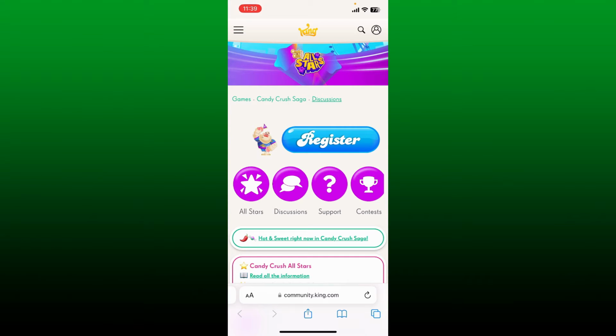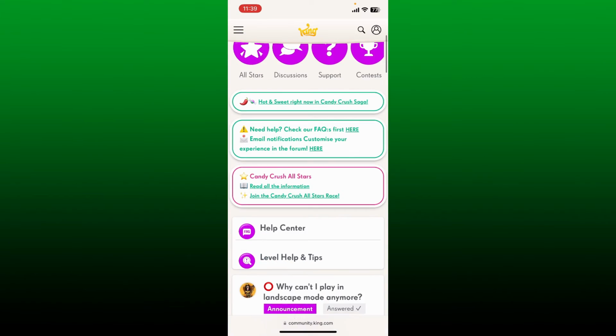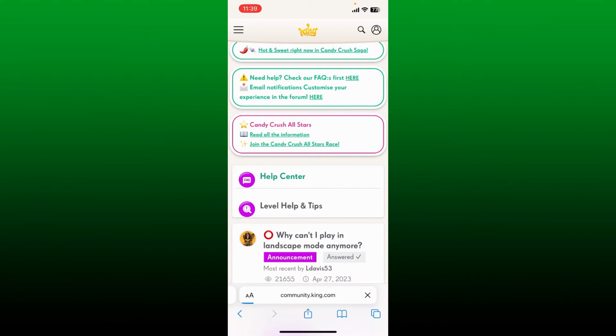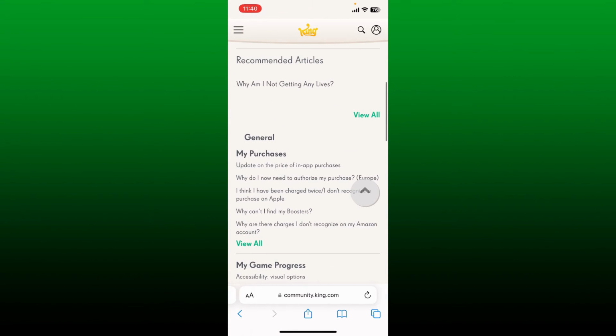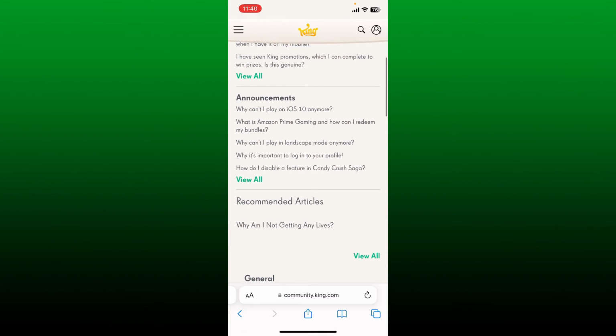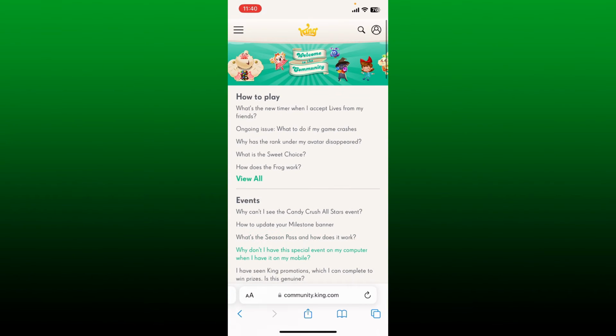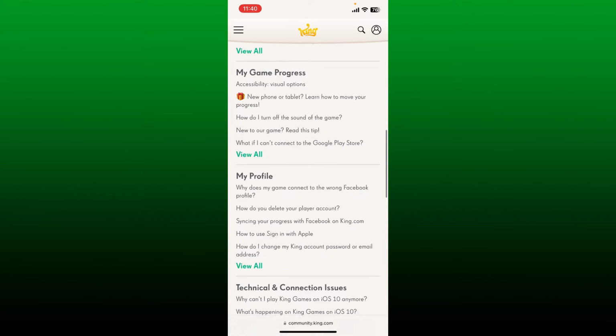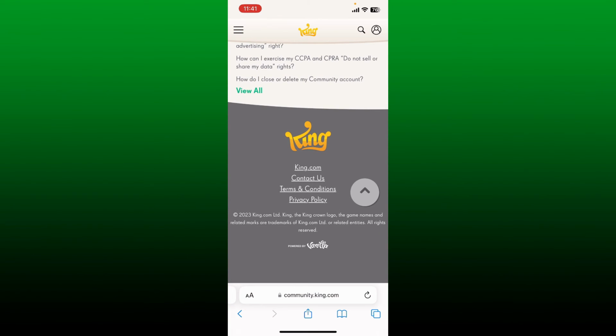From this page, tap on the support button. Now, select the Help Center option. Now here on this page, you'll be able to see all of the information regarding your problem, or if you want to report your problem right away, you can simply contact Candy Crush Saga by tapping on the Contact Us